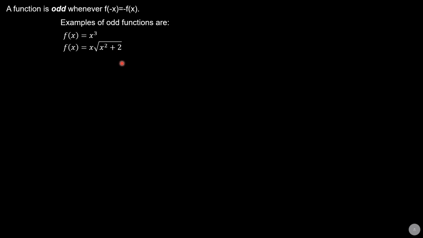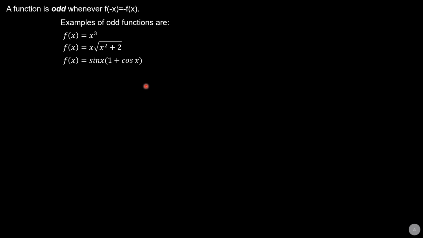Another function, f of x equals sine x times quantity 1 plus cosine x. Remember that cosine x is even, so cosine of negative x is the same as cosine of positive x. Cosine of negative 30 degrees is equal to square root of 3 over 2, so cosine of negative 30 degrees equals cosine of positive 30 degrees. Sine function is odd because sine of negative x is negative sine of x. So this is an example of an odd function.